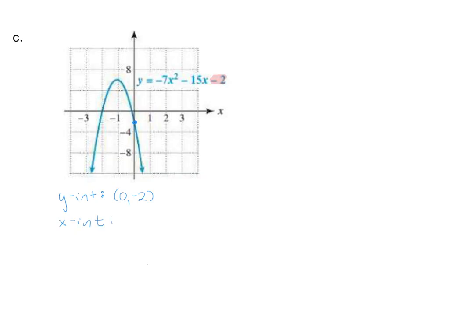The next thing that we want is x-intercepts. This is going to be factorable, and the main reason I know it's factorable is I do see that we have a nice x-intercept here. And if you have at least one nice x-intercept for quadratics, then the other one has to be nice too. And so if we go ahead and factor this,